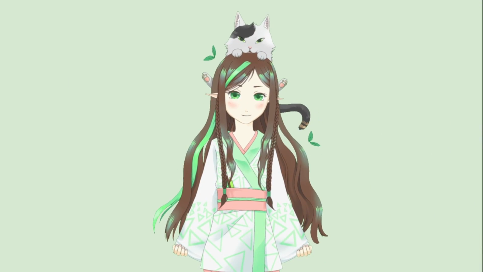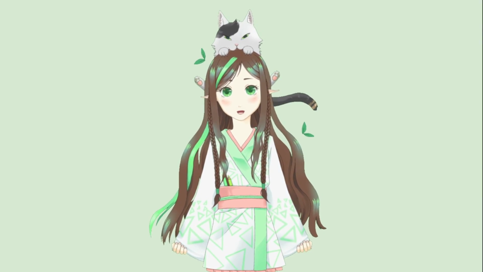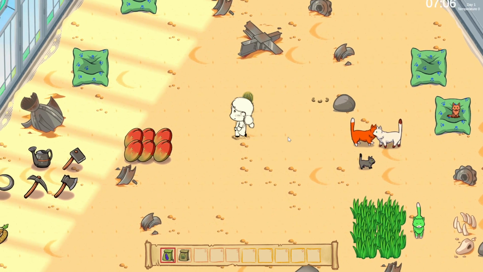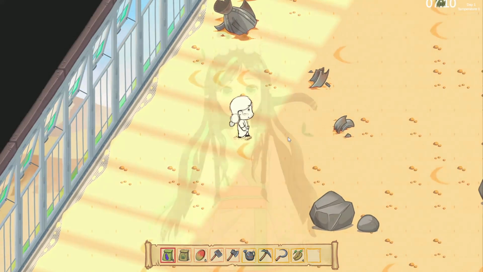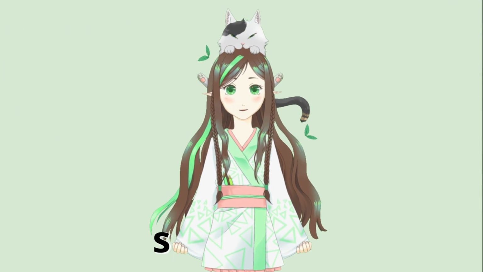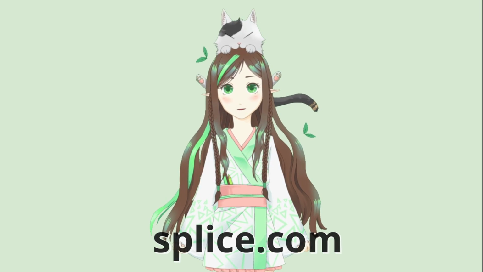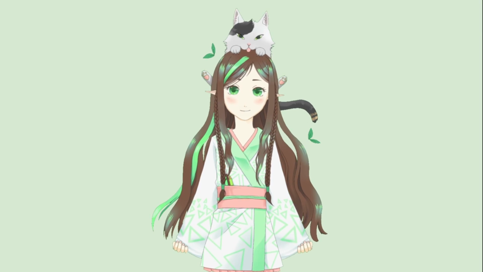I also finally added music and some smaller sound effects, for example, when collecting items. At the moment I use Splice.com for all my sound effects, but my plan is to replace some of the sounds by my own. But that is also planned for much later.